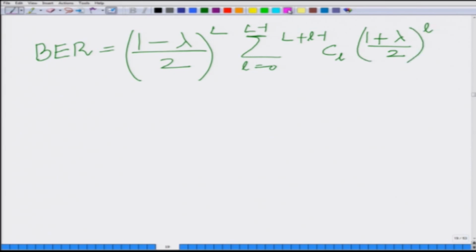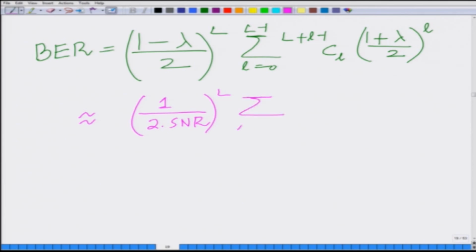But we have seen previously that 1 minus lambda by 2 can be approximated as 1 over 2 SNR at high SNR. So, at high SNR this is approximately equal to (1 over 2 SNR) raised to the power of L